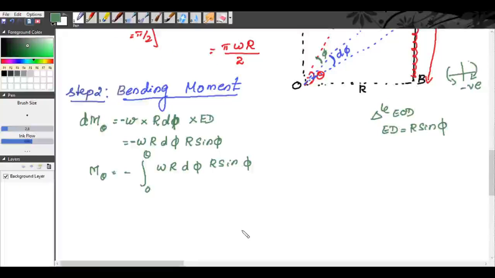So we get minus wR square outside, integral from 0 to theta of sin φ dφ. So integrating we get